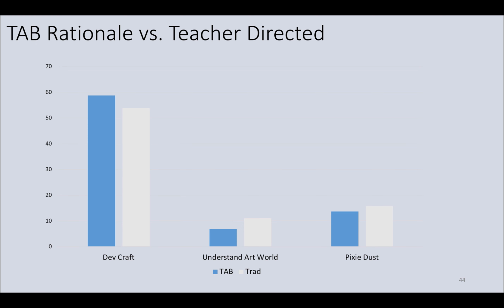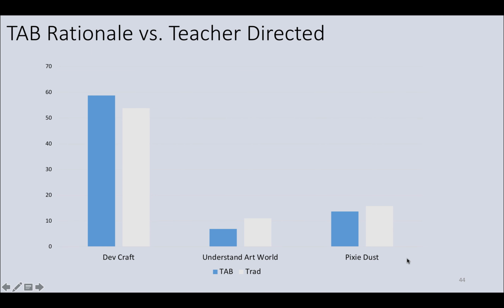If TAB kids aren't learning any skills, you would think that develop craft type answers would be given much more by kids not in TAB classrooms than in TAB classrooms. But in actuality, we see that a higher percentage of TAB kids tell us about learning skills than non-TAB kids. This is not a significant difference, so we don't need to worry about this being a little higher or whatever. But in the area where teacher-directed teachers or DBAE or whatever you want to call others make that argument, fourth graders aren't seeing that about skills or art history or whatever.